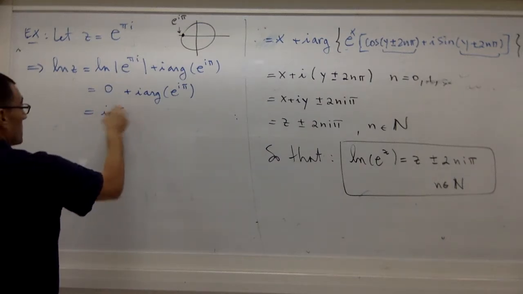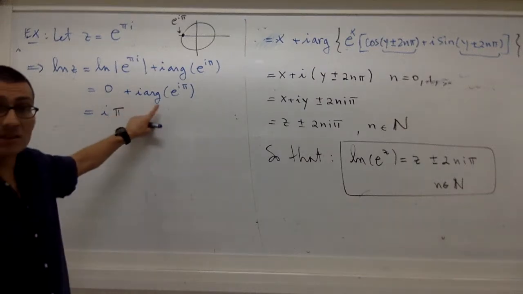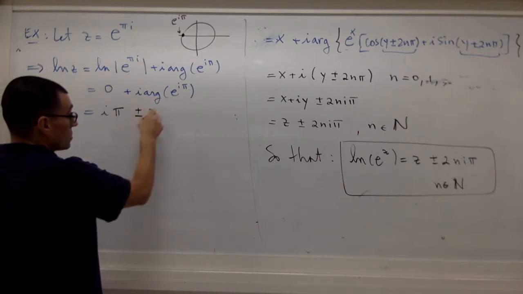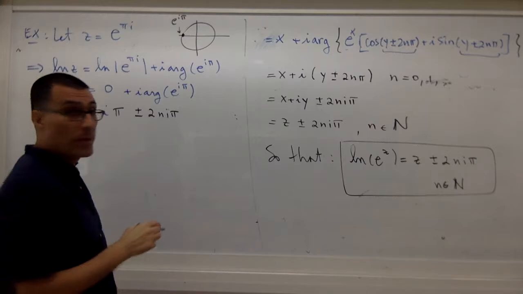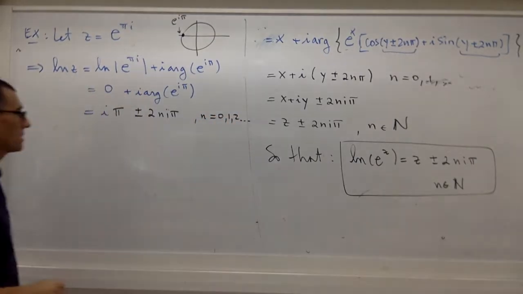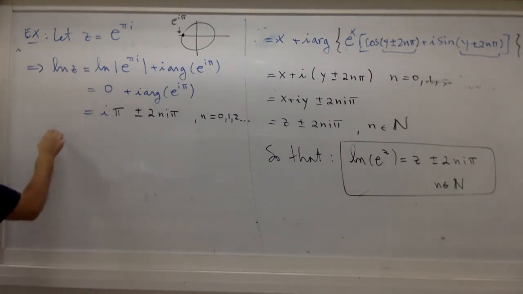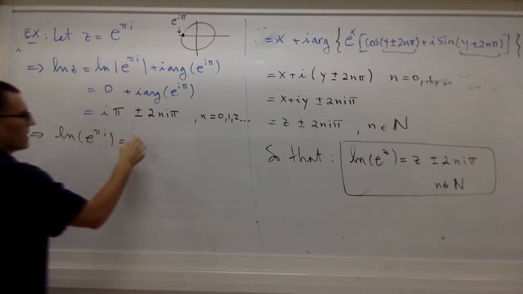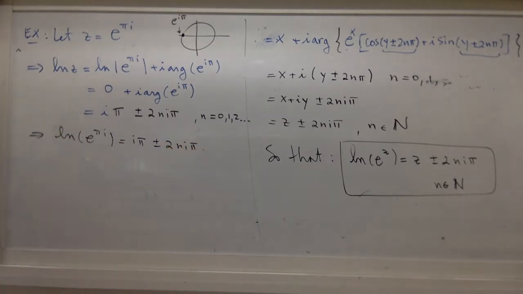pi, but not only pi, because this argument right here, the one we're utilizing, is multi-valued. This is not the principal value of the argument. So you need to add or subtract integer multiples of 2 pi, so n equal to 0, 1, 2, and so on. So the log of this number is I pi plus or minus. Thus, the log of exponential of pi I is I pi plus or minus 2n I pi. However,